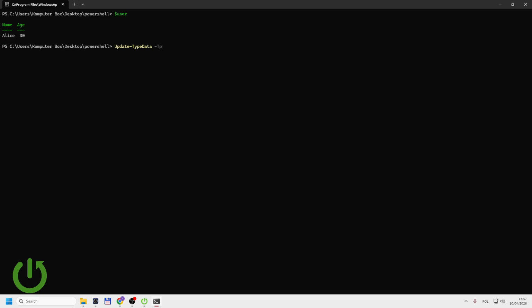So Update-TypeData minus type name again. We will close this. We will use this myapp.user, and now we have to specify the member type of our method, so it will be ScriptProperty, like this. We have to add a name of the method, so a member name, it will be isAdult, for example, and now we have to specify the value that will be in the braces above,